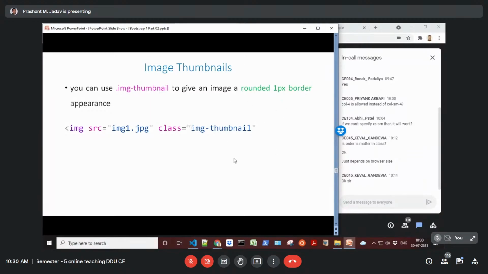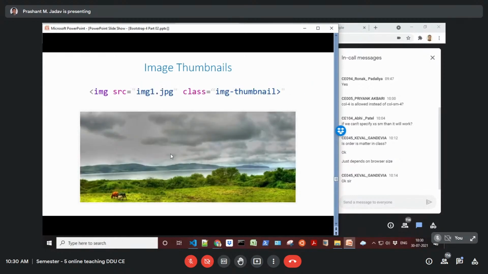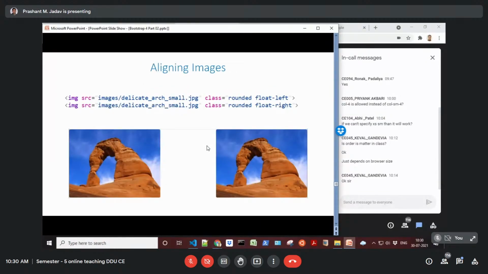So these are simply different classes. This is the output. The output may not be clear on your screen, I don't know, but there is a lighter border that is different. And for aligning the images, you can directly use the float left and float right classes.